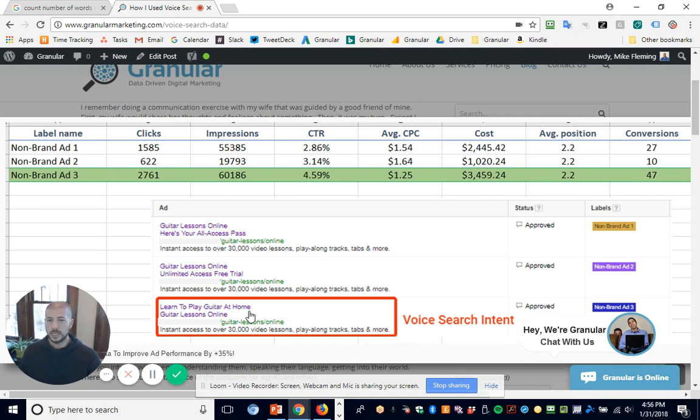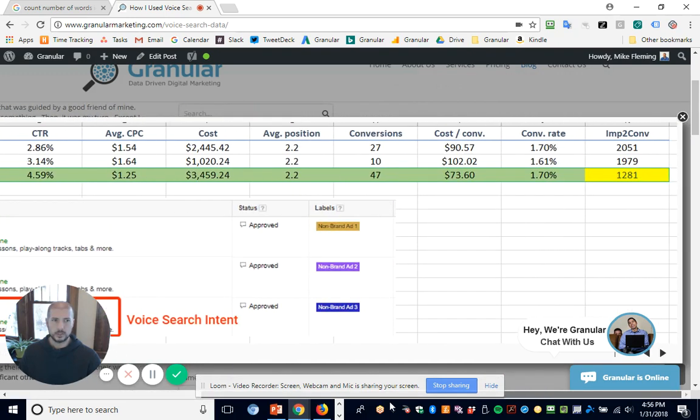So you can see what I did here is I took the generic keyword phrase that's usually in H1 and I moved it to H2, and I just said "learn to play guitar at home" in H1. And my results here, you can see this click-through rate is way higher, 4.59% versus the second place, only 3.14. And then ultimately, if I scroll over here, the ultimate metric for us here was impressions to conversion. You can see the conversion rate was about the same, but because the click-through rate was so much higher, we had a 35% improvement in impressions to conversion